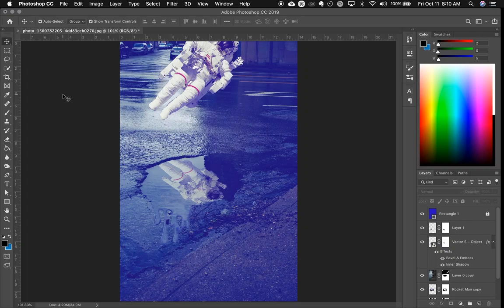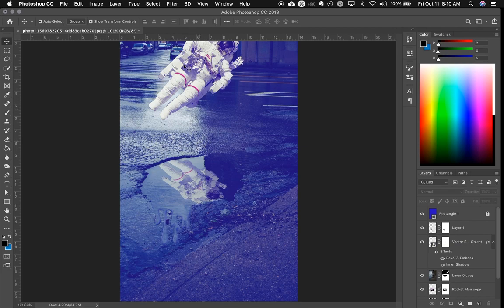Okay, someone asked about how to create puddle reflections and liquid. So I'm going to walk you through this file, and I'll upload this Photoshop file to Canvas so you guys can see what I did. But to create puddle reflections, you just need to understand what is happening in real life and then try to